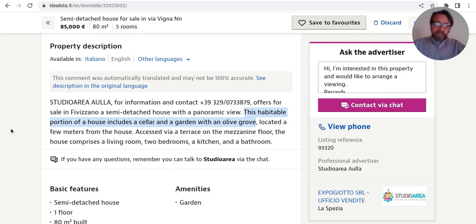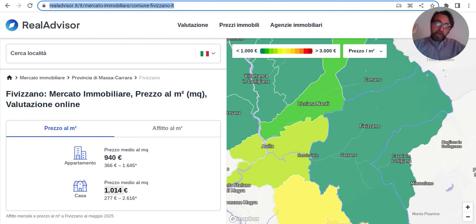Access via a terrace on the mezzanine floor. The house comprises a living room, two bedrooms, a kitchen, and a bathroom. So we are talking about 80 square meters. 80 square meters for 85,000 euro. We are around 1,000, a tiny bit more than 1,000 euro per square meter. Now, if I go on